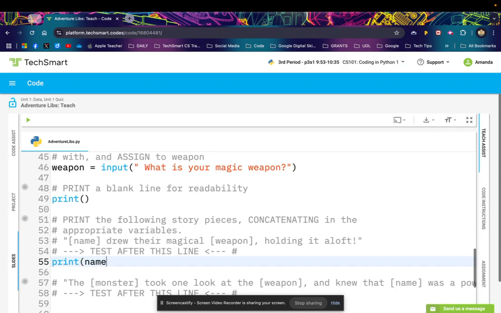So I start with name. And then I do a plus sign. So why not a plus sign in the front? Because we're not embedding it between two strings. Put the plus sign wherever it's about to touch a string. Okay? So name plus, space, quotation mark. Now we type our string. Do a space so that the word name, whatever the name is, and the word drew will not be smashed together when they print. So I go drew their magical, space, quotation mark, plus weapon, plus,